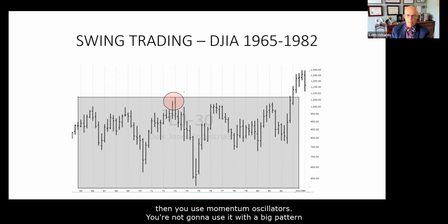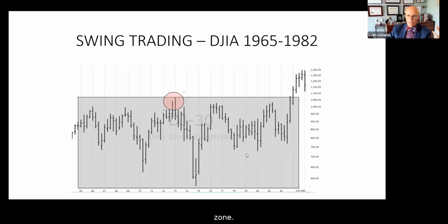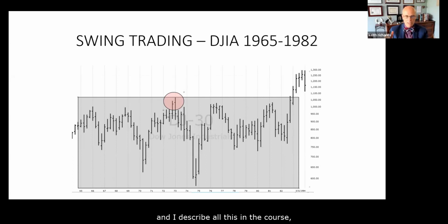You're not going to use it with a big pattern like this, but you're going to use momentum oscillators to confirm that the market has reached a high, because typically momentum oscillators will get into their overbought zone at the top of a trading range, and will get into their oversold zones, or really very close to them, at the bottom of a trading zone. So you can confirm your observations with momentum indicators and even sentiment indicators on a big thing like this. Most definitely, this is where, and I describe all this in the course,